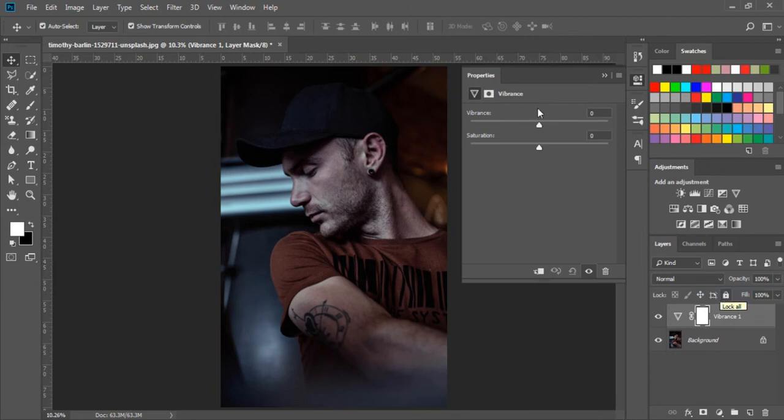If I click and drag it to the right side, we can see that the color of the image in the skin is highlighted into colors. And if I move it to the left side, then the color is becoming more saturated. We can see every color in the image is more colorful, and the skin is more red. Also, if I decrease it, the image is now less saturated and less colorful. This option is the best option to adjust skin tones.